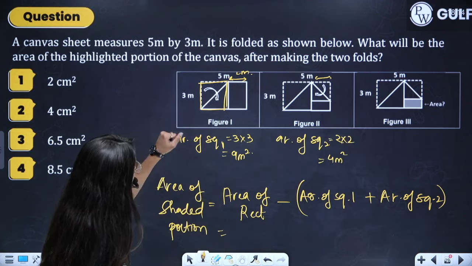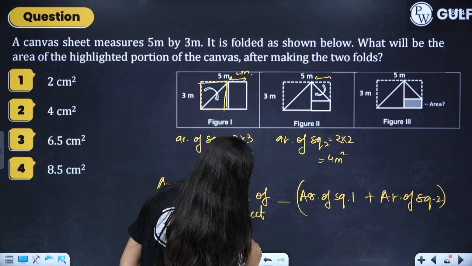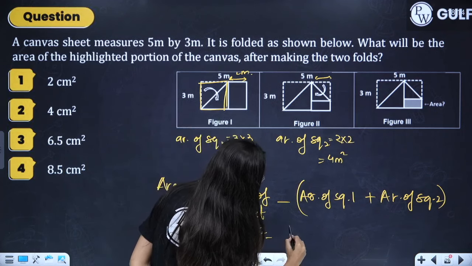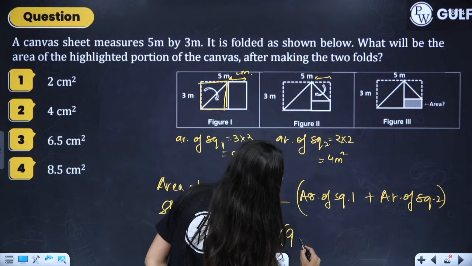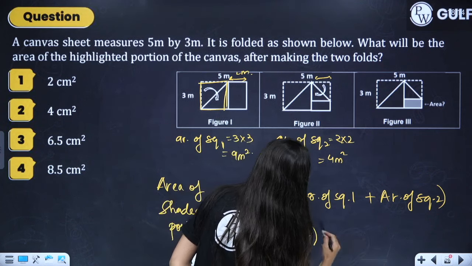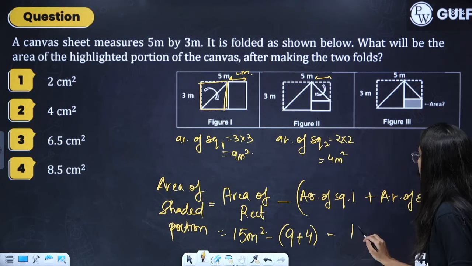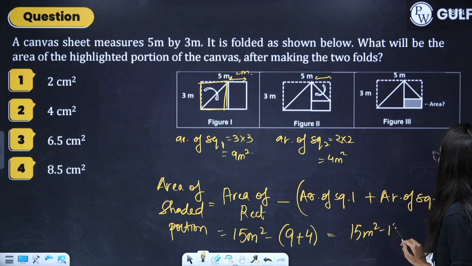So the area of rectangle is 5 cross 3, which is 15 meter square, minus 9 and 4, that is 13. So 15 meter square minus 13 meter square gives me